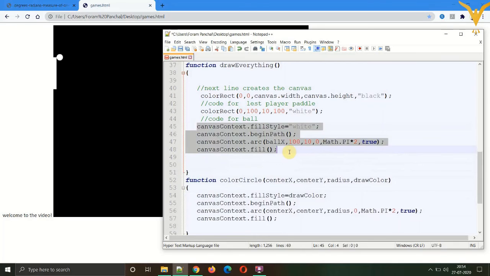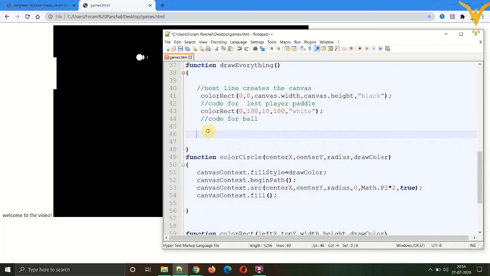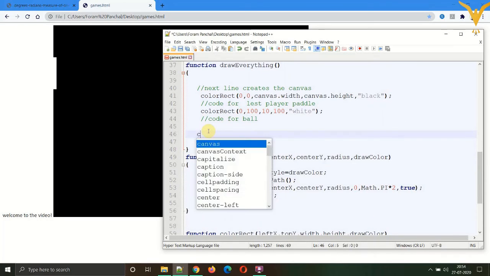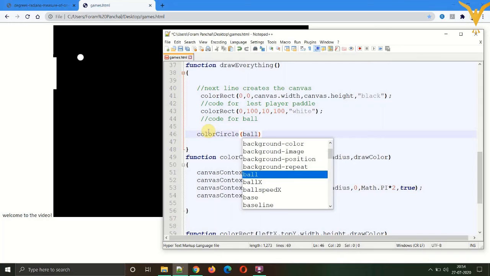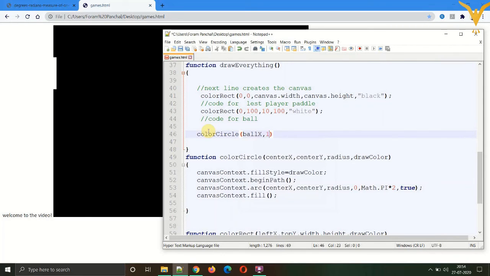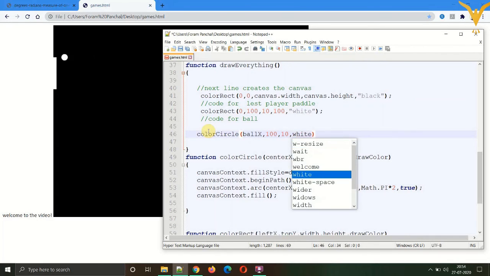Now we need to just write one line of code which is calling the function colorCircle. In that we'll write our arguments ball x, comma 100, comma 10, which is the radius, and the color, which is white. Save.